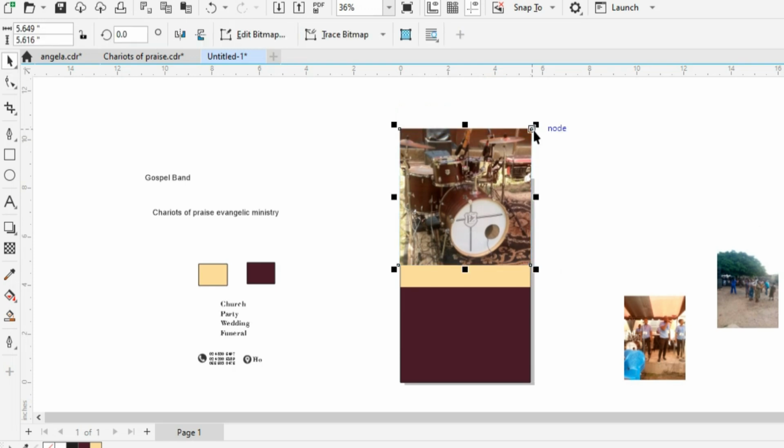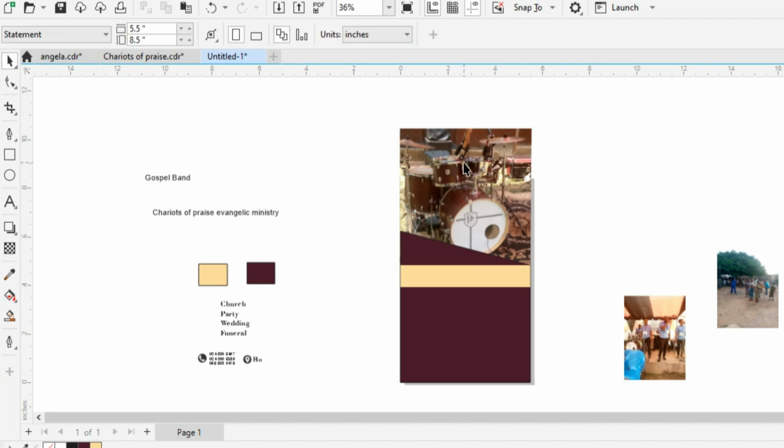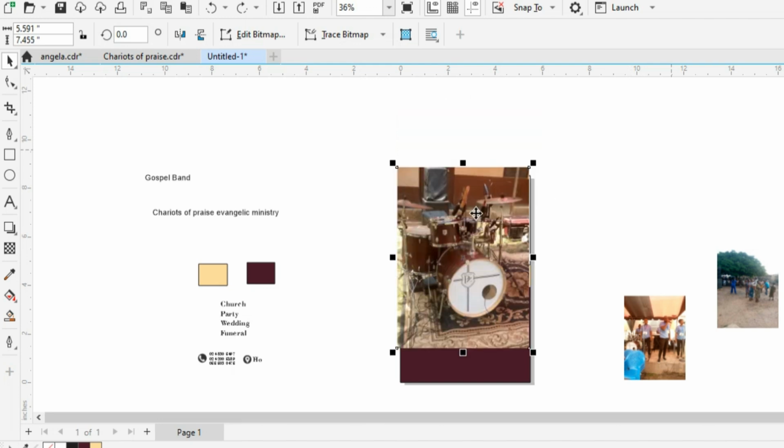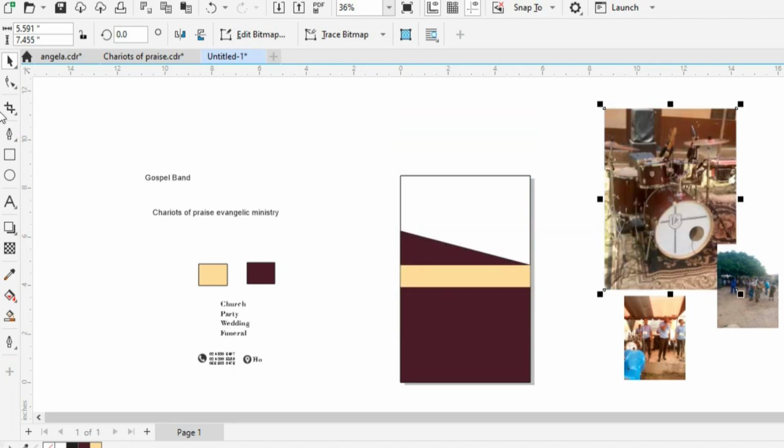That'll be okay. And I'm going to hold the control key down and page down because I want it this way. Now okay, instead of that, let me undo and rather go this way. Instead of doing that, I'm going to create a shape here